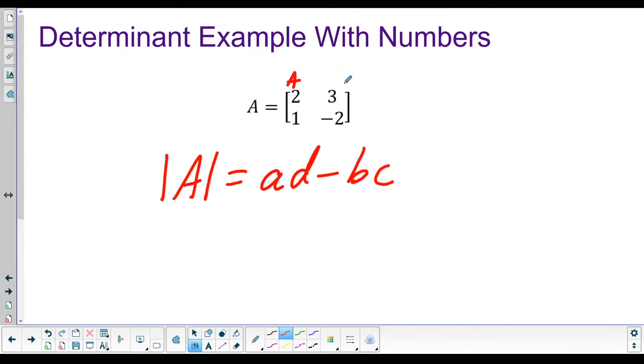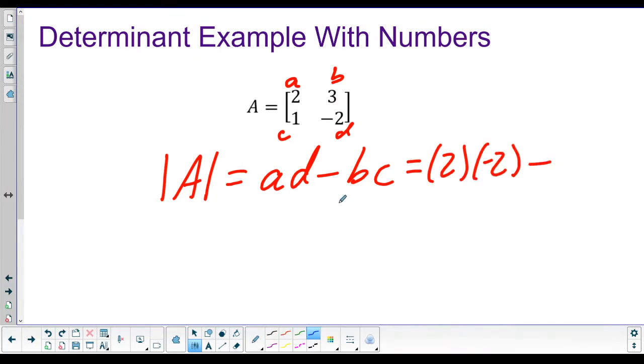So here's A. Let's be consistent. This is matrix A: A, B, C, D. So we just fill these numbers into this formula and simplify. A is 2, D is negative 2, minus, and that's from the formula here. This sign will always be a minus, and we'll clean up a double negative if we need to later, times